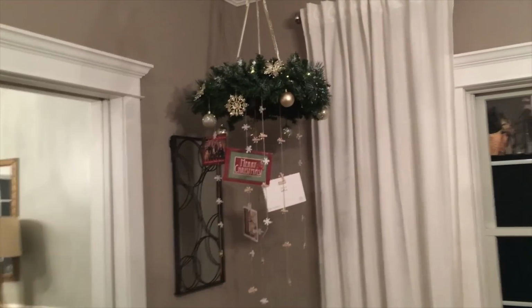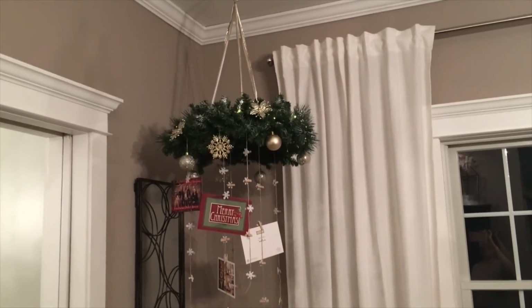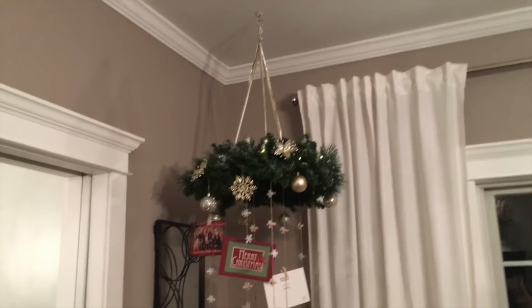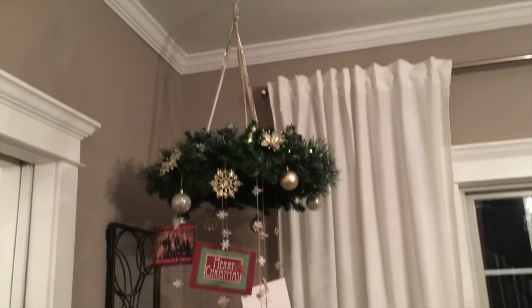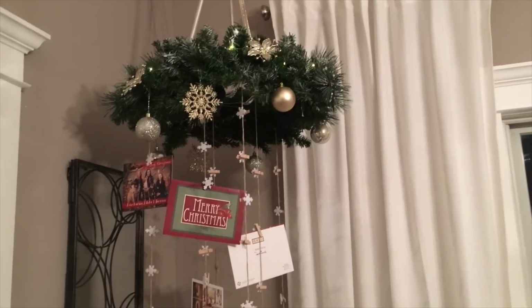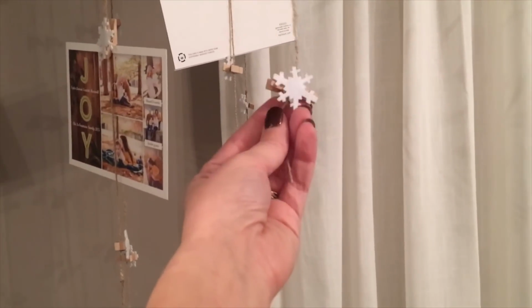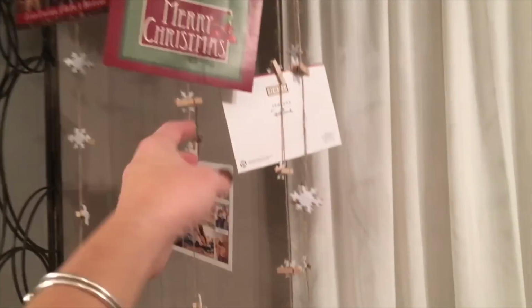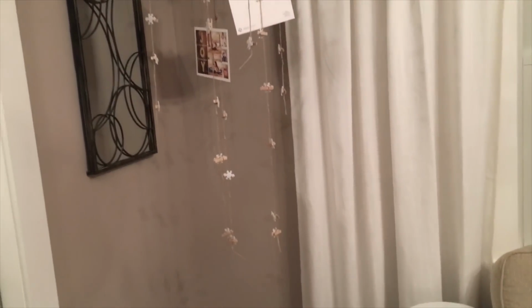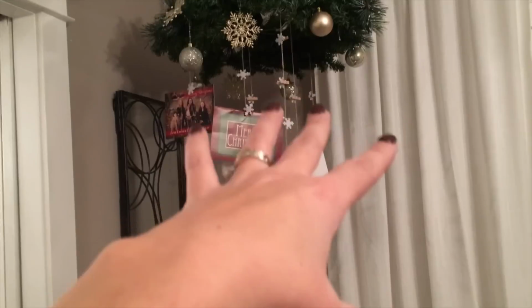All right, guys, so I hung the card chandelier. I actually had to wait till Sean got home because I couldn't reach the ceiling to put the hook. So he just hung that up for me, and I ended up putting a few more of the dollar store bulbs around, and I trimmed a few of these. I trimmed the outside hanging pieces so that they were a little bit shorter than the inside ones, just so that there were different heights, so that when the cards are on there, all of the different heights will,